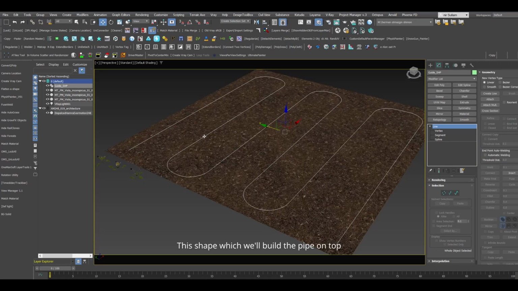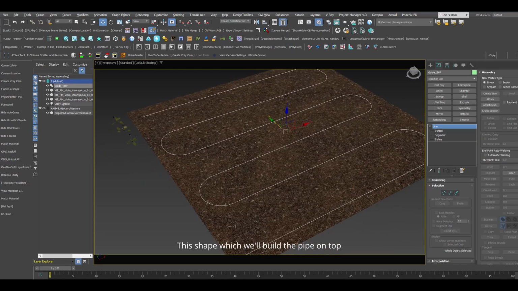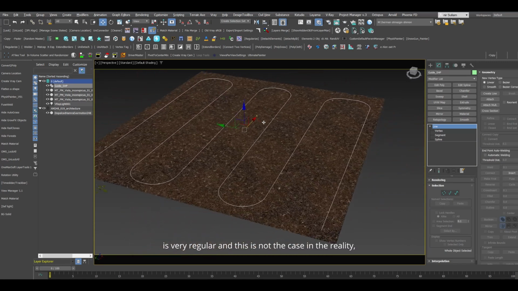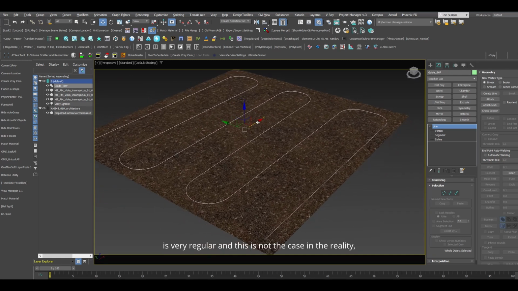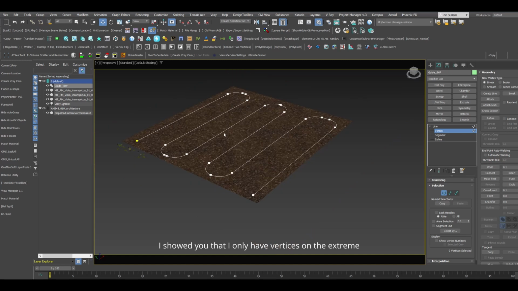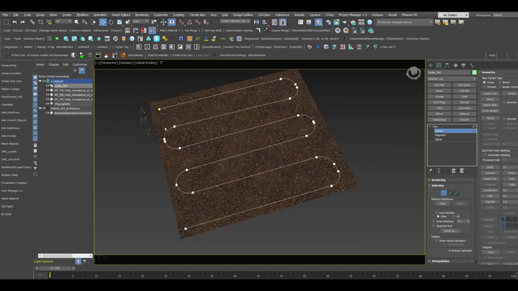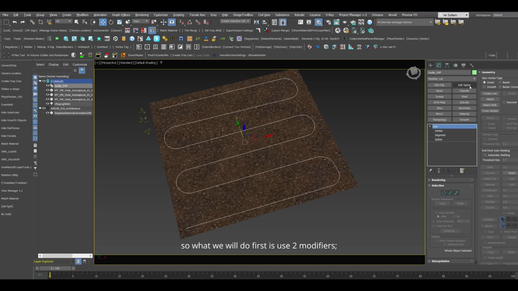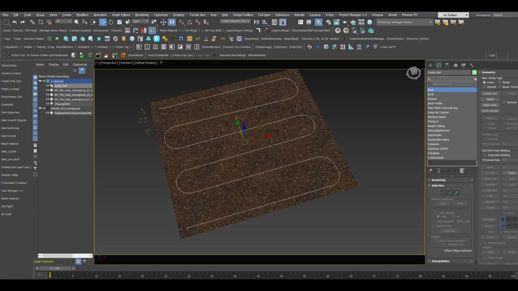So this shape, which we will build the pipe on top of, is very regular, and this is not the case in reality, so we'll need to make it a bit randomly placed or modified. To do that, first I'll show you that I only have vertices on the extreme ends and the curves on the pipe. So what we'll do first, we'll use two modifiers. The first is a normalized spline,